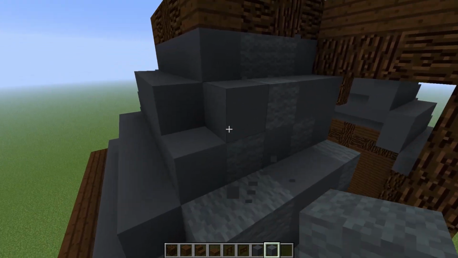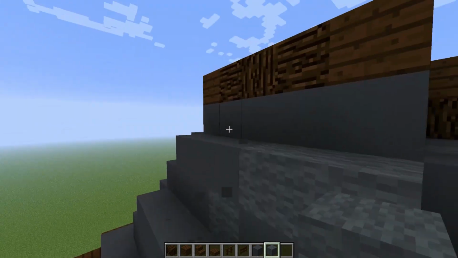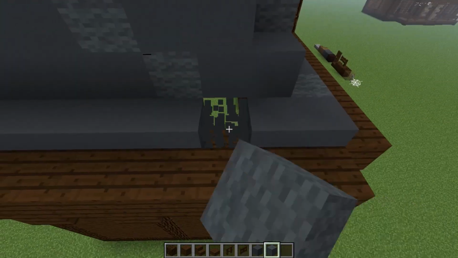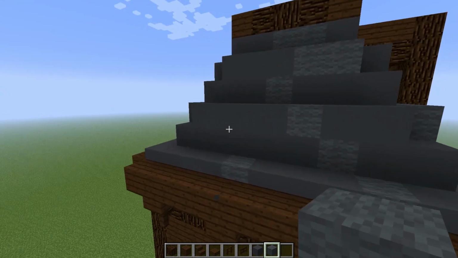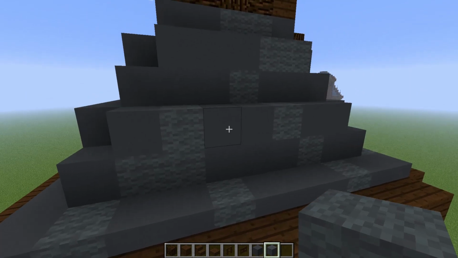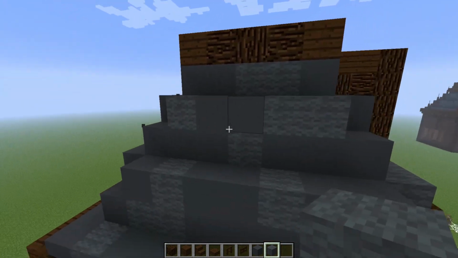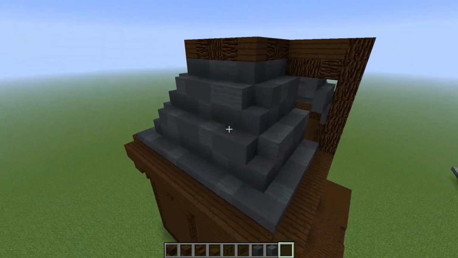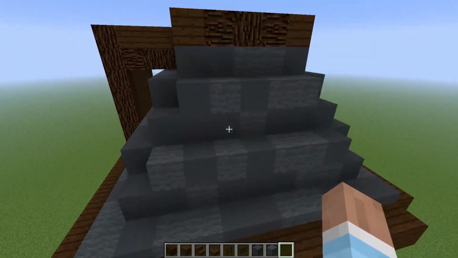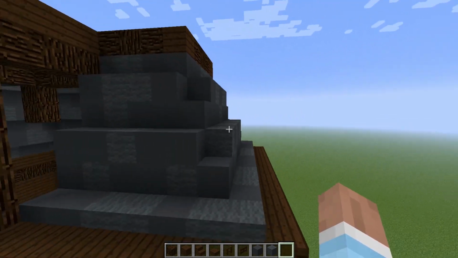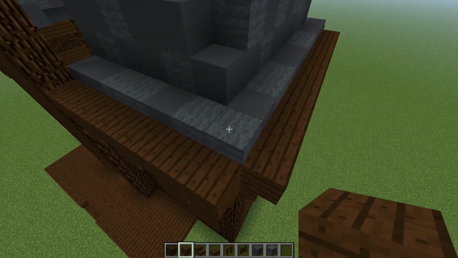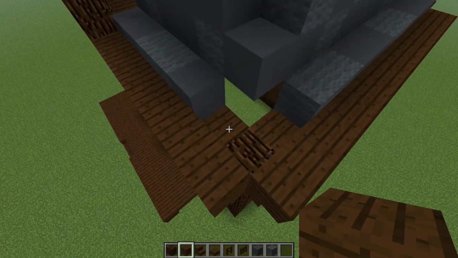But yeah, just gonna go through randomly and replace some of these. There's no real pattern or anything like that to it. Just anywhere there's a big open space, just go through and add in some blocks so it's not so smooth and empty. There we go, just like that. And like I said, there's no pattern to it or anything, so you don't have to copy it exactly. But it just adds a little more texture and a little bit of a color variation to it that I like. Now we're gonna come in here in these corners and we're gonna knock out these blocks here, put in